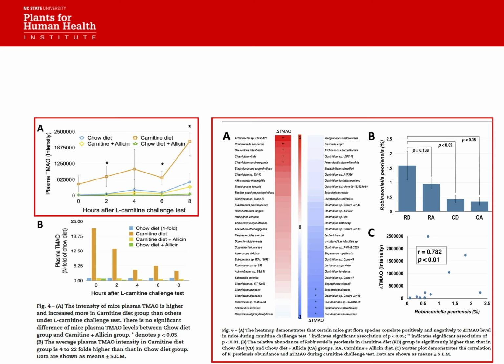You can see that the chow diet, or the control, is the blue line. When they added carnitine, TMAO production just goes through the roof. And then adding allicin to the carnitine dropped it back down to the yellow level. So allicin, this garlic sulfur compound, was significantly able to inhibit TMAO production. Now, there's really nothing about mechanism here, other than the fact that they did show that TMAO production was associated with certain groups of bacteria.